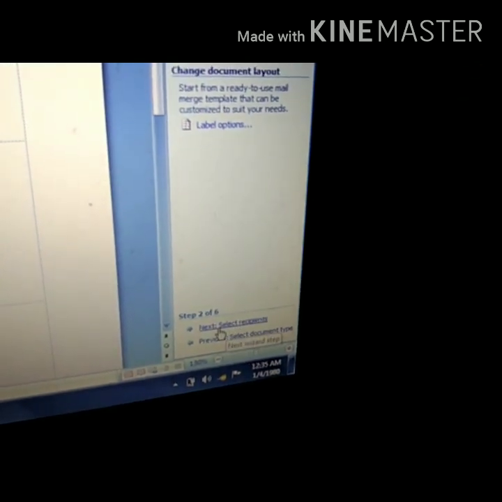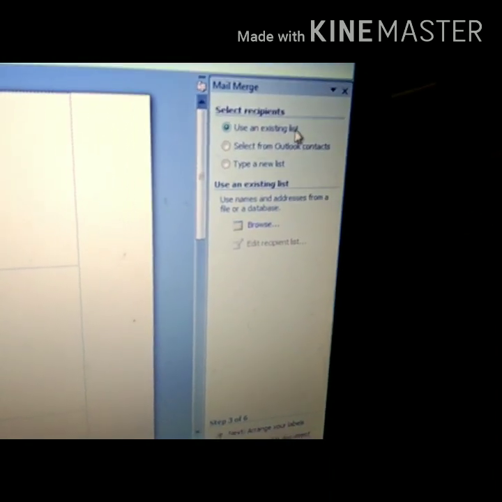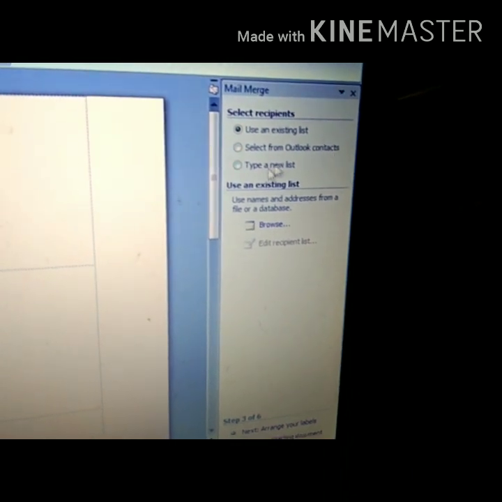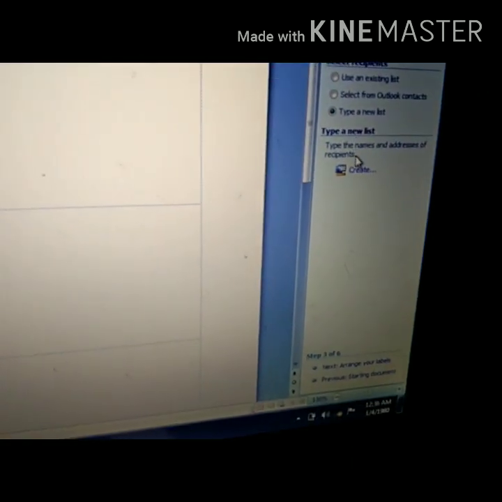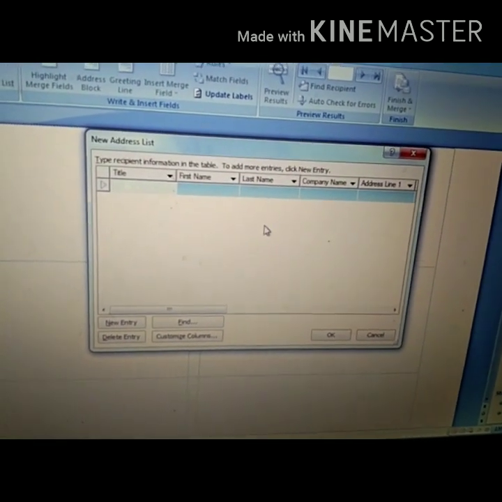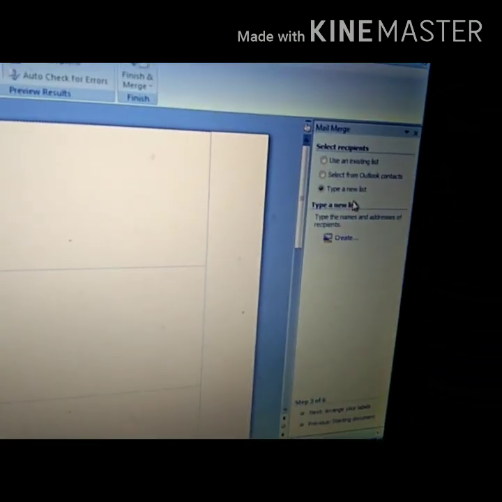Click on next. अब देखो create हो गया label तो. Next is select recipient. अब हमें data source चाहिए. Step number 3 of 6 and here is use existing list. कोई already created data source है तो वो ले लो. If you have Outlook contact, from there you can do, or here is the type new list. I am clicking here type new list and here is the option create. Click here. When you are clicking here, one window will appear just similar to your that letter. Okay, from here you can create your own data source. This time you can create it by yourself. If you find a problem, you will tell this to me.